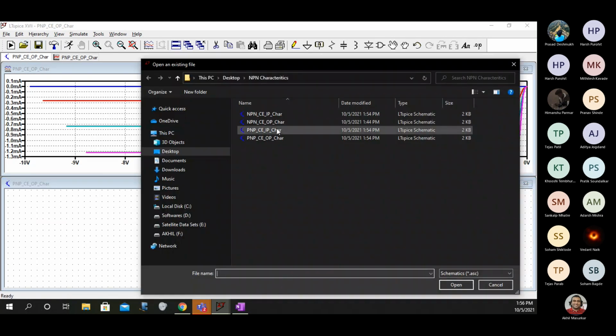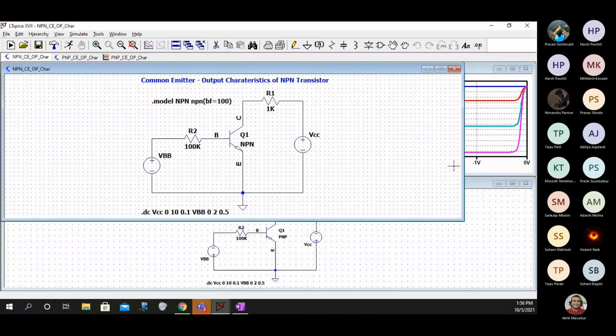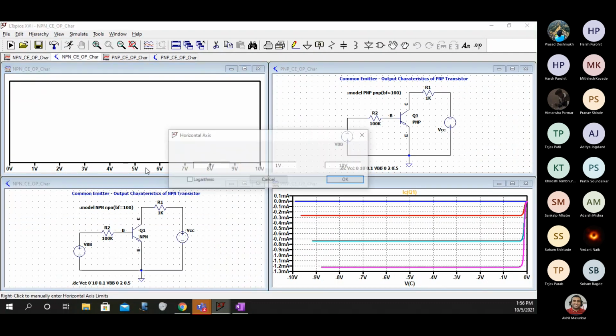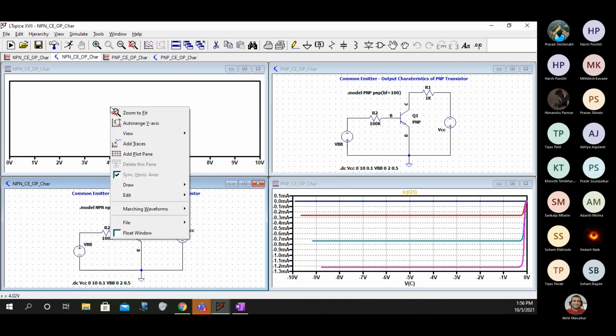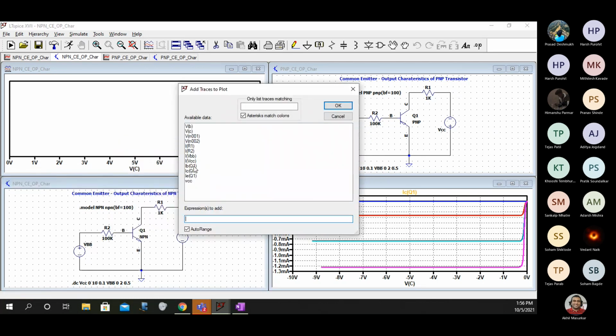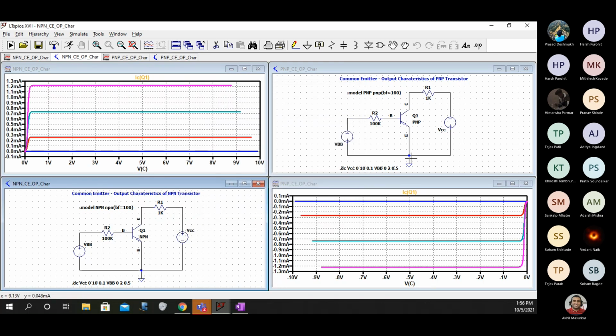So just to see NPN, run this, and here also I'll make this V of C and add the trace IC. So you should be able to get this too.